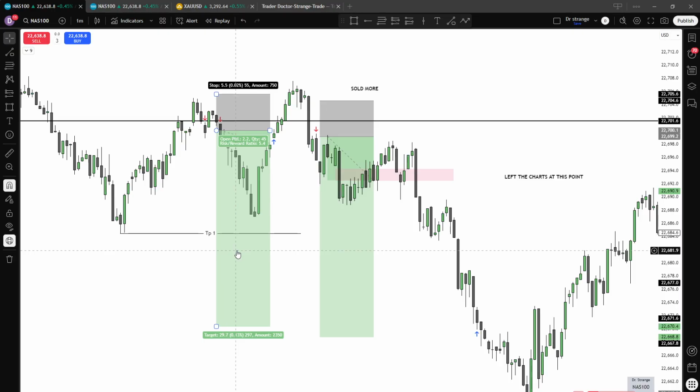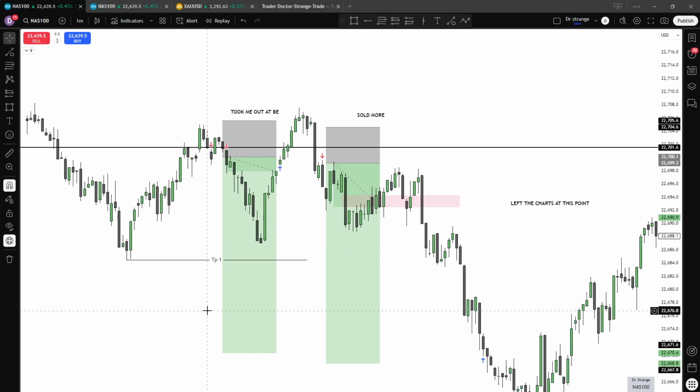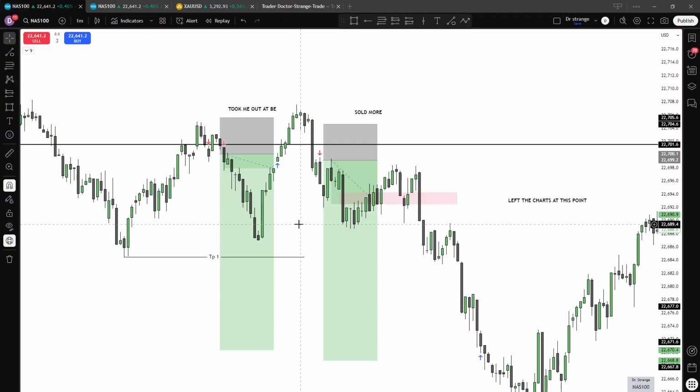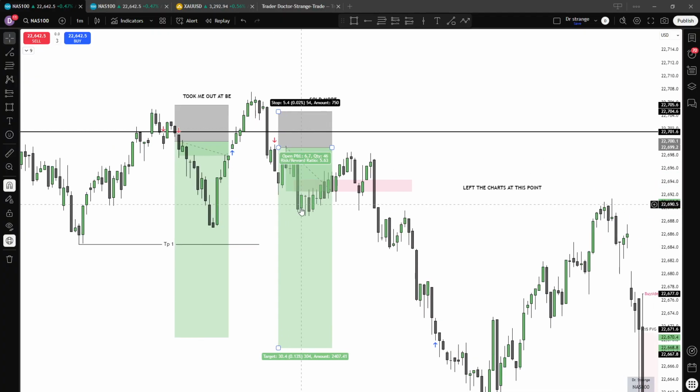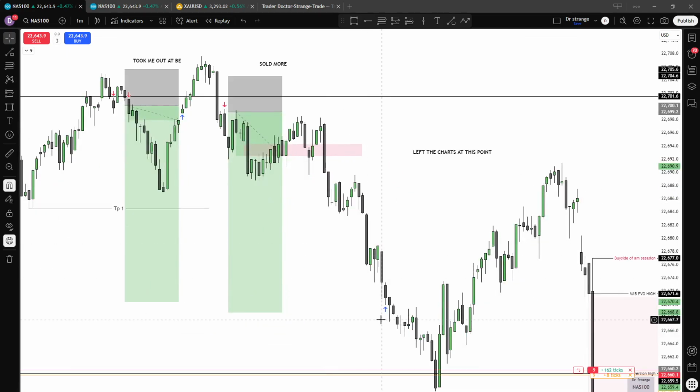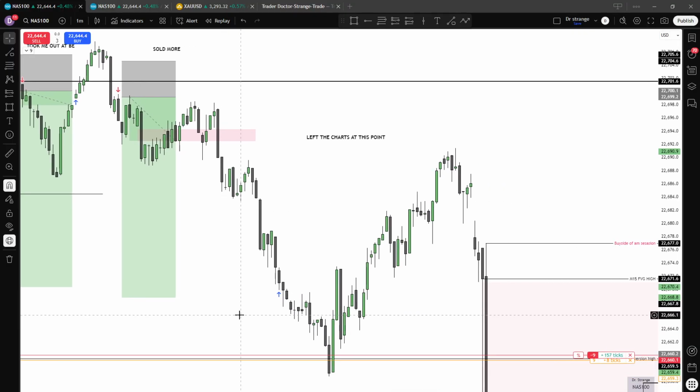During London session, there was this trade opportunity. After London session I entered here. I was anticipating it to hit TP, but it reversed. I moved my stop loss to break even. Because I was anticipating it to fall based on the higher time frame, I sold more here and closed the charts as I was traveling because I'm doing some work. So I'm unable to trade full time.